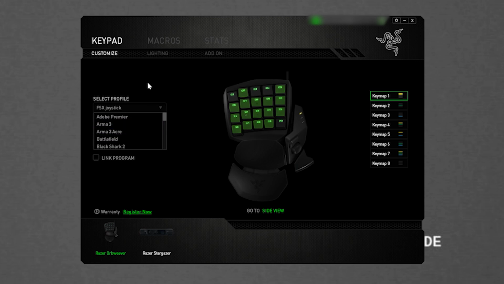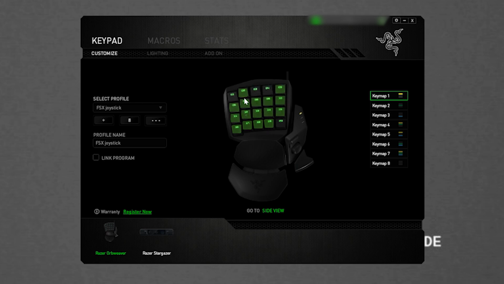What you can do with these things is you can make a profile and link it to a program. So when that program fires up, the profile will automatically load into the Orbweaver, and all the buttons will work as they should. Within each profile, you have all these key maps, 1, 2, 3, all the way down to 8, which means I can set up 8 different configurations, and I can switch configs with either a button or all sorts of other stuff. But what I do for my views is very, very simple. These are the buttons that I use on the Orbweaver to manage my views, be it in Easy Dock or